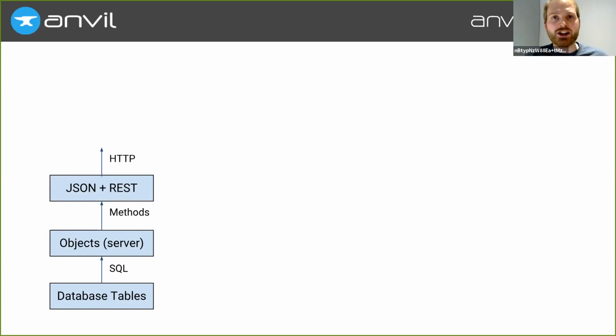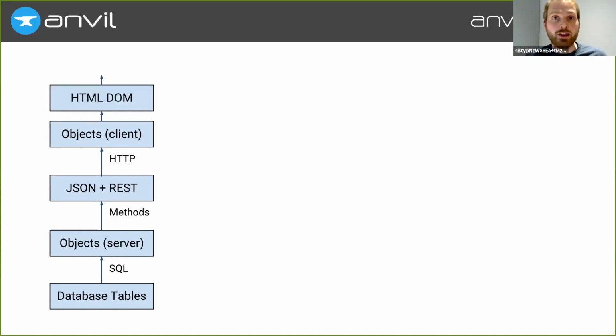But on the other end of that HTTP connection is a browser that's turning those back into objects, this time in JavaScript, with their own set of methods and their own set of attributes. We're then going to render those into the HTML DOM, and we're going to have to then apply one more transformation with CSS to turn that into the pixels the user sees. And I mean, apart from being objectively nuts, every layer of this transformation is tedious and repetitive, and that invites just the wrong sort of magic.